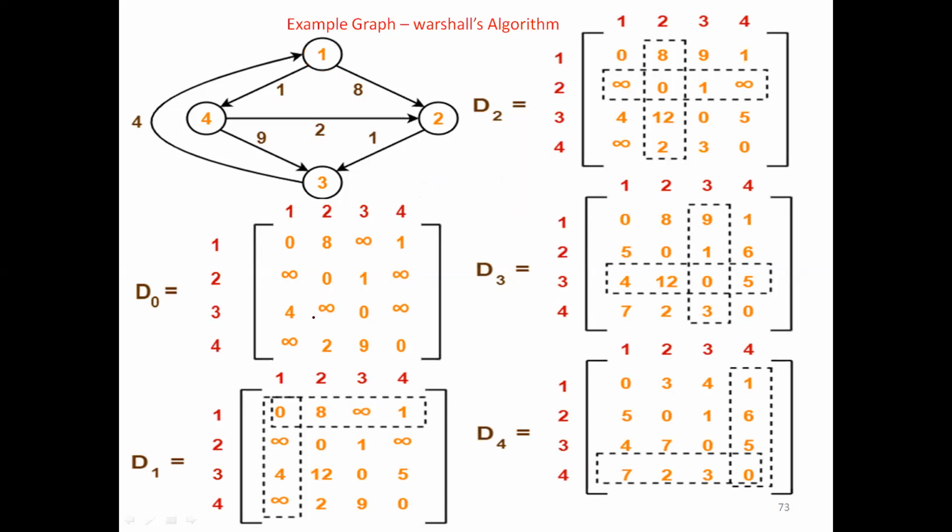Fine. Initially, we'll consider each and every vertex as an intermediate vertex. So D1 represents that we are choosing the first vertex as the intermediate vertex. So for the first intermediate, I will keep the first column and the row as they are. When I'm choosing D1, it means that I'm taking the intermediate vertex as the first vertex, so I will keep them as it is. The rest will be changed. Possibly I can erase it and show you.